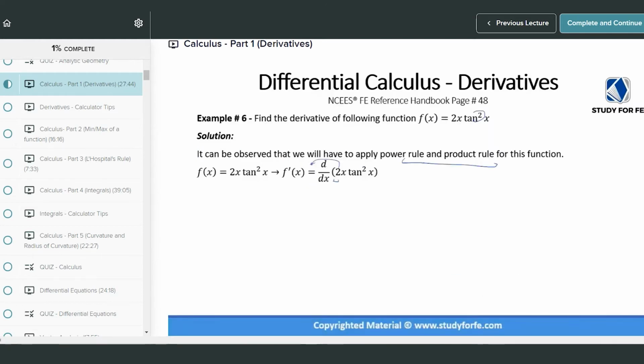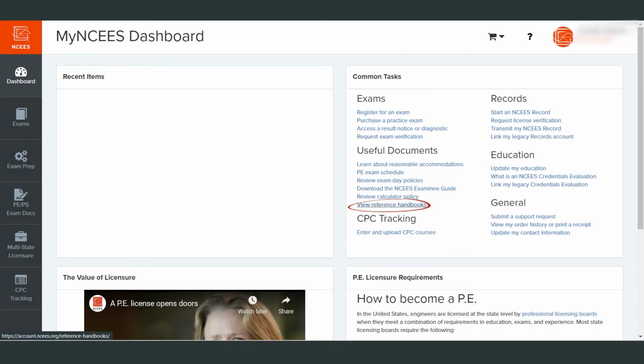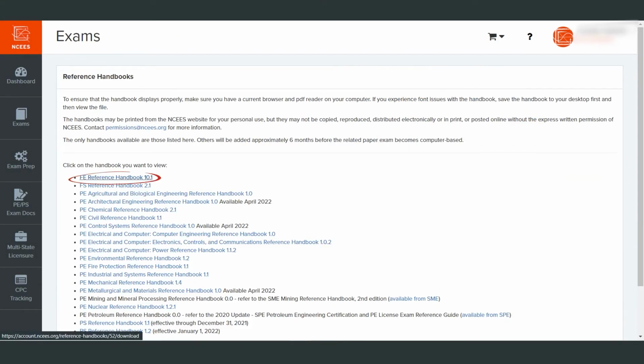And you can download the NCEES FE Reference Handbook for free directly from the NCEES website by creating an account at